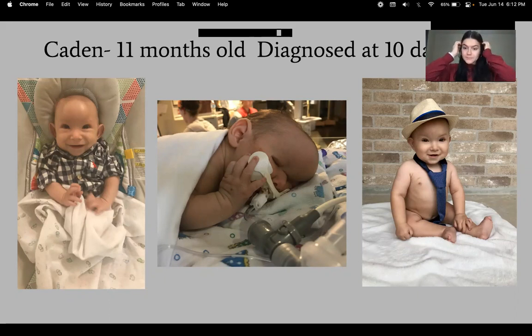It's building up. And so as you can see in the far right picture, they've taken care of it and his head is starting to calm down. But in other countries where these shunts are not able to be put in, the head just continues to swell until it causes brain damage first, then brain death, and then they will pass away. So this is definitely a super serious